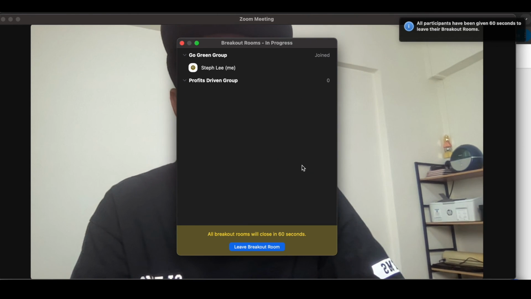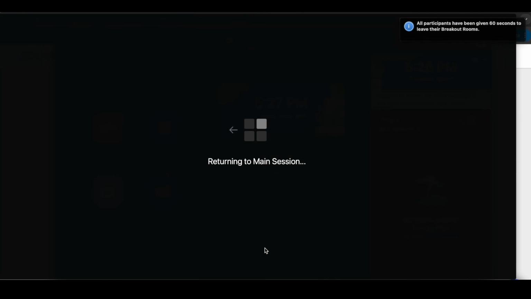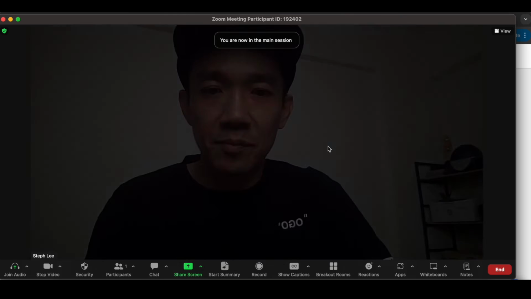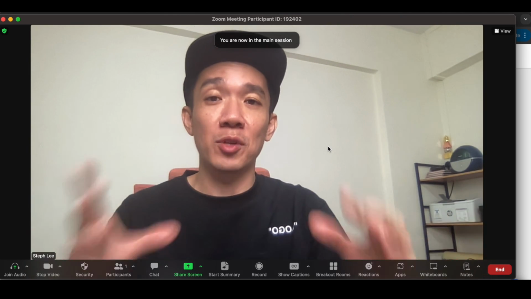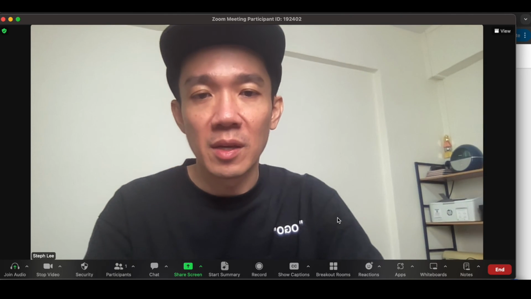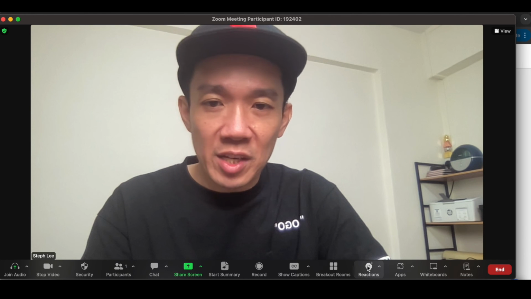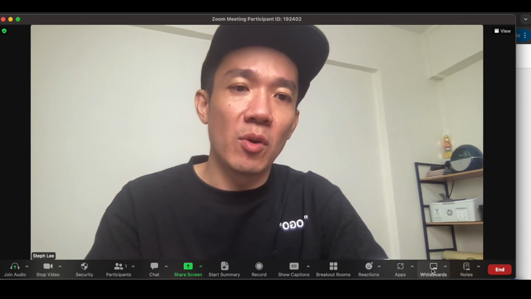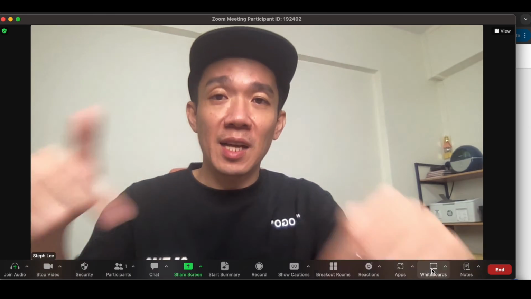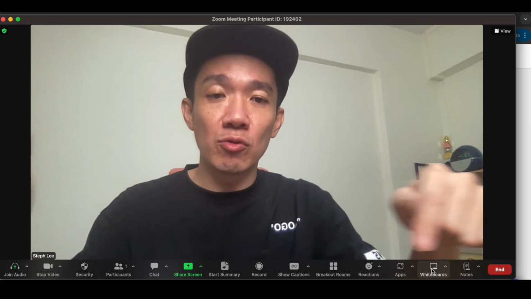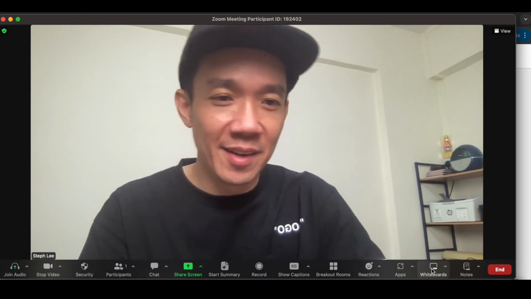Okay, see, you can see it's returning to the main session. Alright, so now we are back to the main session, so you'll see other people here. Okay, so reactions, we have gone through this, apps, whiteboards. Right, so these are actually all the more commonly used ones. Oh, okay, I forgot one which is